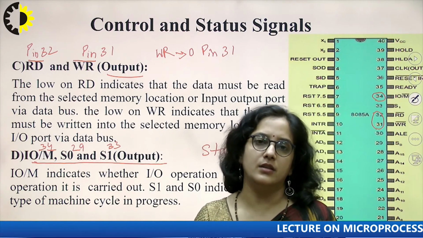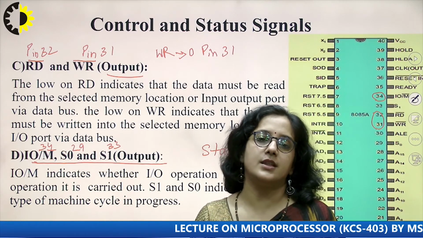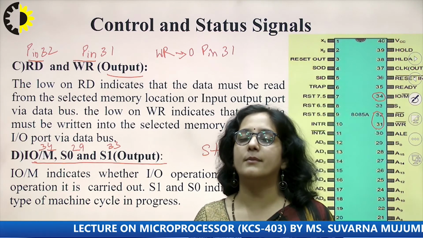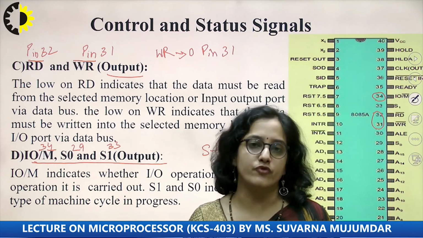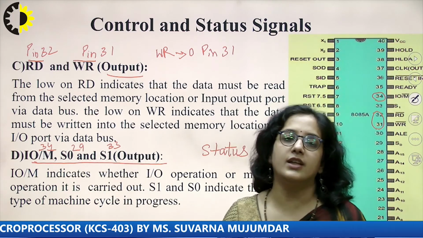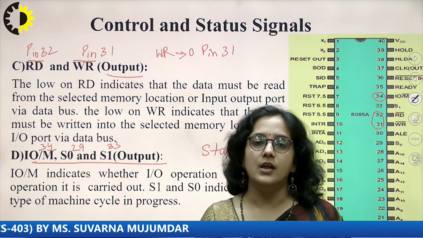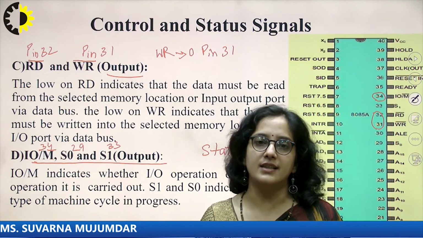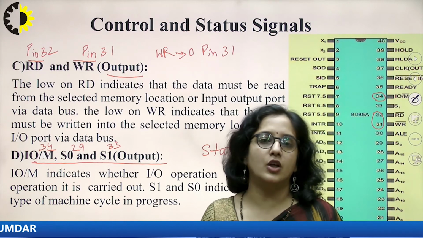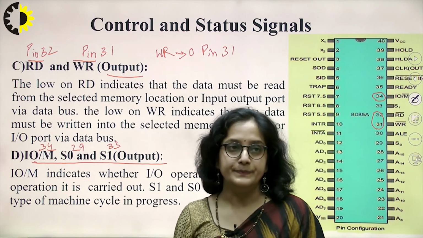We will see in further lectures the status of the microprocessor, whether it is interrupted, doing a memory write cycle or memory read cycle. There are 7 types of cycles. With these 3 signals we can have 8 combinations, but we are using 7 combinations to represent each task. So there are 7 machine cycles, 7 tasks broadly, and then we have a combination of these tasks to perform all the operations of the microprocessor.